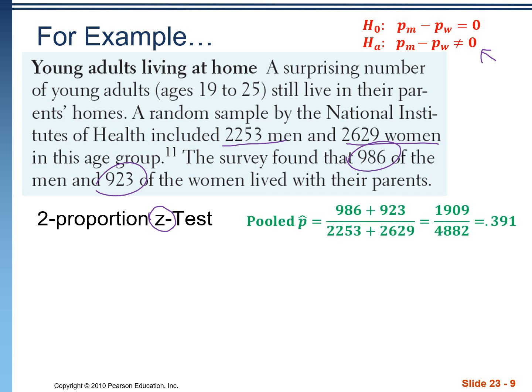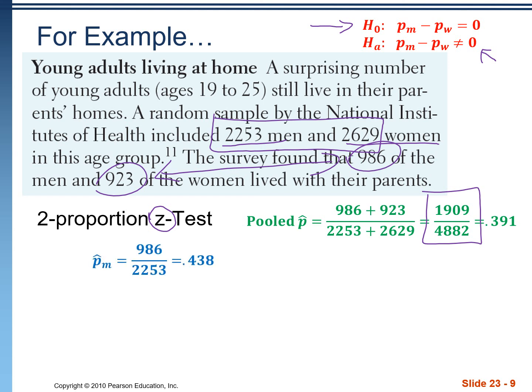For a hypothesis test, we're going to have to pool this data. So we take all of the people that live with their parents, we add them together. We take both samples, we add them together. We get a pooled p-hat. So what this is based on is our null hypothesis. Our whole test is based on an assumption that the null hypothesis is true. Any difference that we see in our samples, and we do see a difference here,